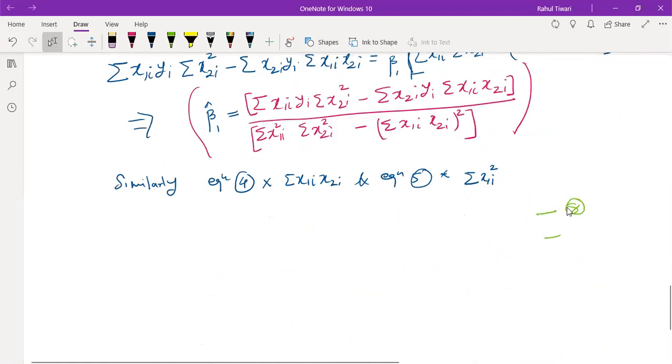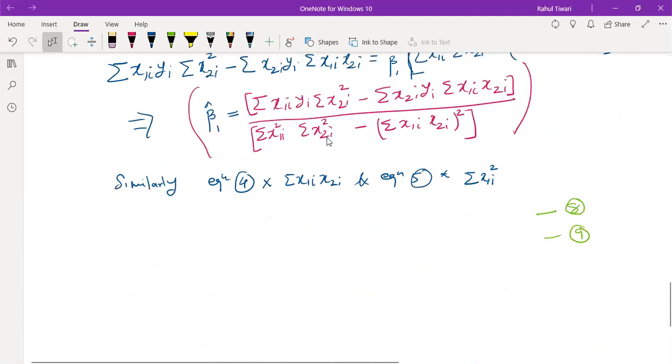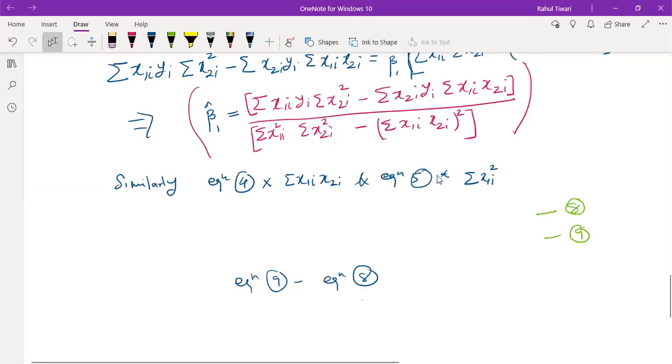You can fill it in, and then what is my step? Subtract. Now you have to subtract equation number 9 from equation number 8. The only difference is that otherwise you get the negative sign and have to adjust a little here and there. So what could be the expression now? Therefore beta 2 hat is going to be